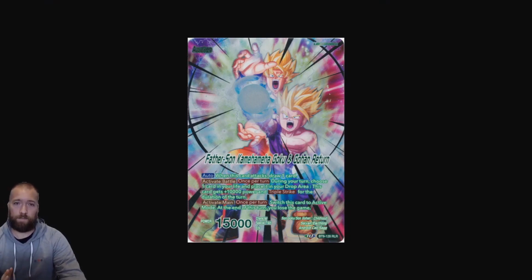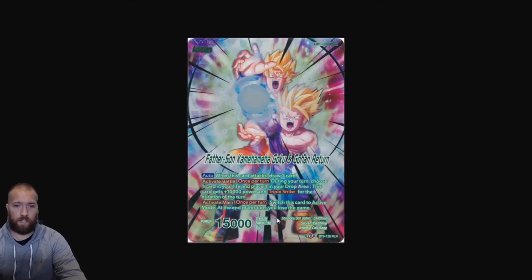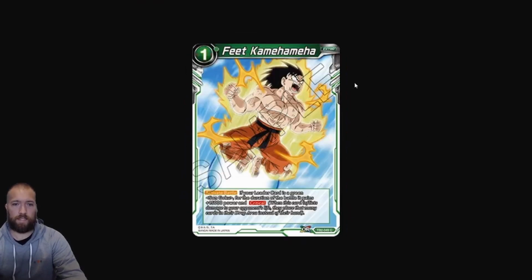Now, another card that's a big issue with this is you'll notice that this card on the awakened side, it's not on the unawakened side, is a Son Goku, because you have Goku in the background there. That means that this card, Feat Kamehameha, is live with that card. So what that does is, if your leader card is a green Son Goku, for the duration of the battle, it gains 15,000 power and critical. So what you're doing is you're attacking with a 25,000 power triple strike, and then you're tapping 1 energy to make that a 40,000 critical triple strike